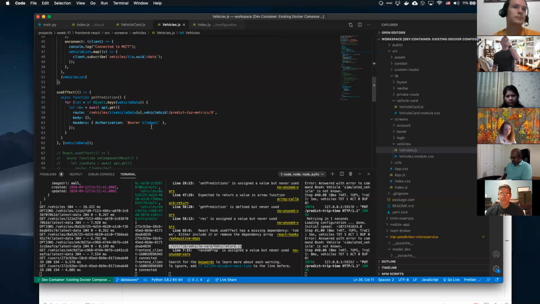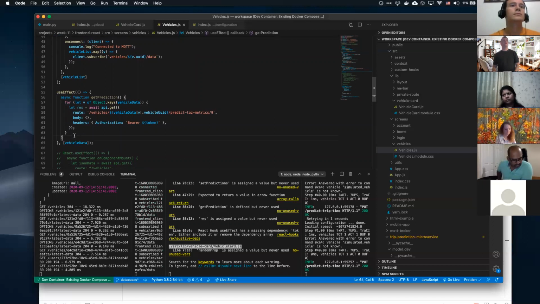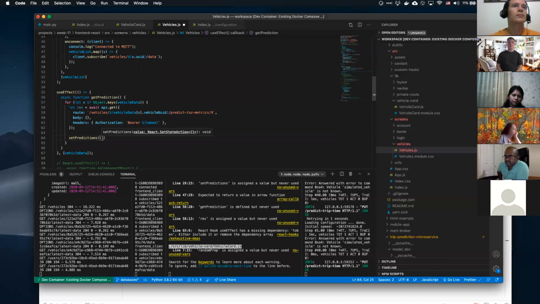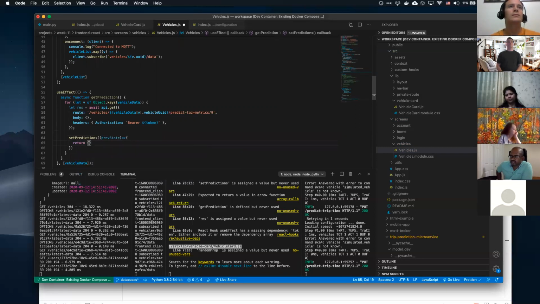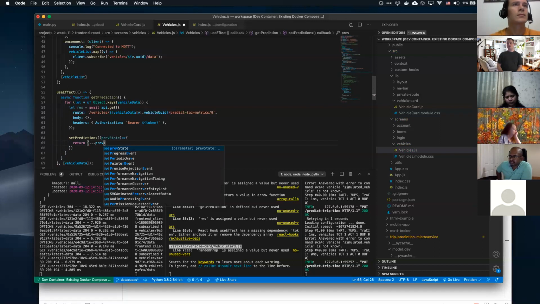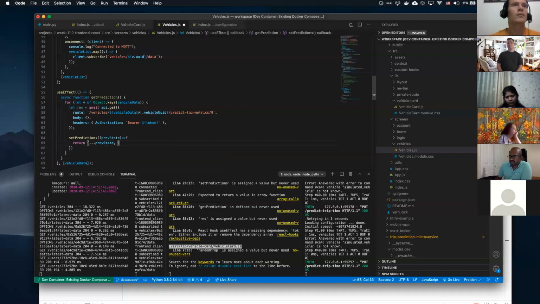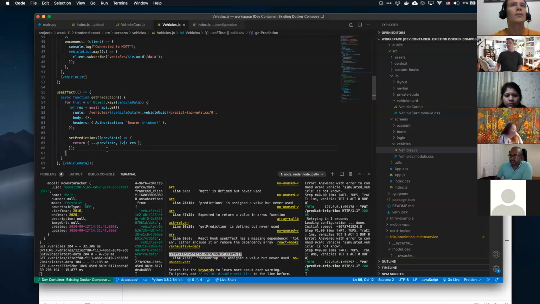And for every vehicle UID, in each one of these, I am going to set predictions, taking my previous state and returning the previous state, and I'm going to say v, which is just the vehicle UID, and set it to res. There we go.